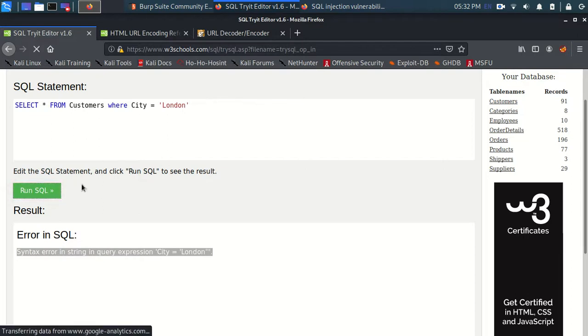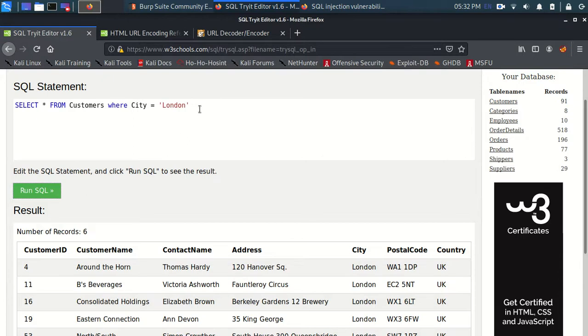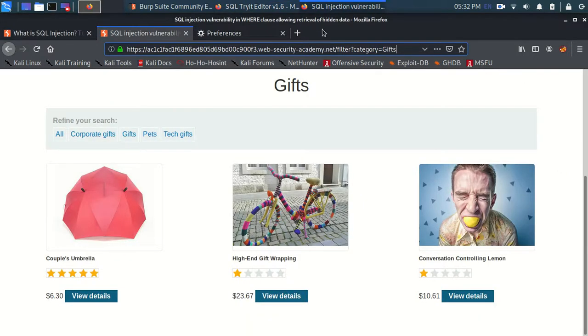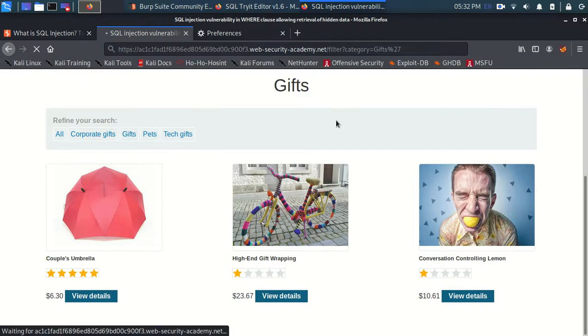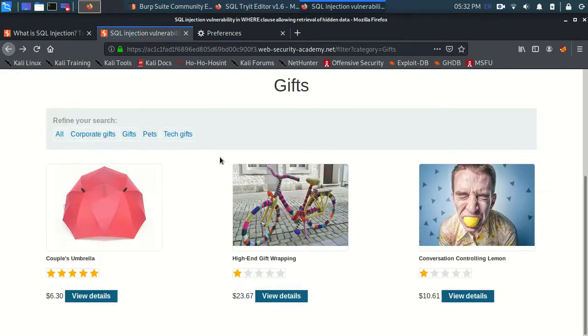When I remove that, it works. For the website too, if I put a single quote over here and run this, as you can see there is an internal server error. That means it is taking information from the database where that single quote is not allowed, and thus it is giving an error.